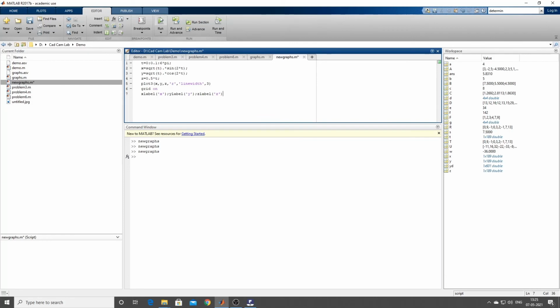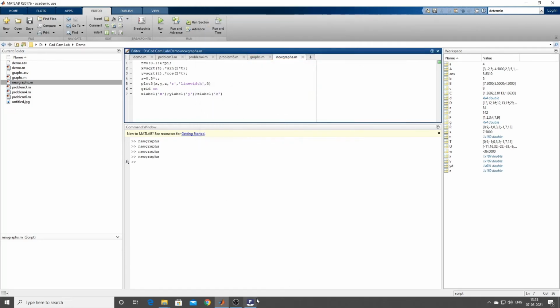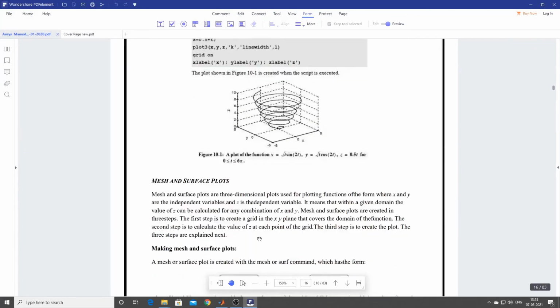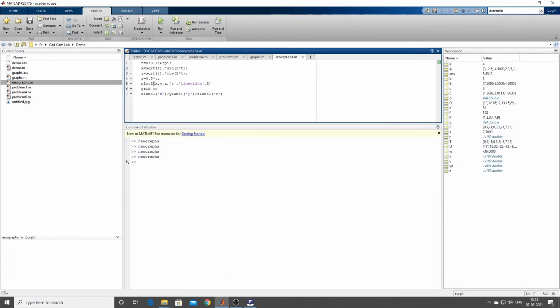So now if you just see what is going to happen, see x, y, z. So in place of x, y, z, if you want to type anything, you can type in between single inverted commas. Okay guys, so like this you have to use. So with respect to plot 3, you have so many things: mesh of x comma y comma z, surface of x comma y comma z. See, I'll just try to type it instead of plot 3. I'll just type surf. So what is it I'm going to get?